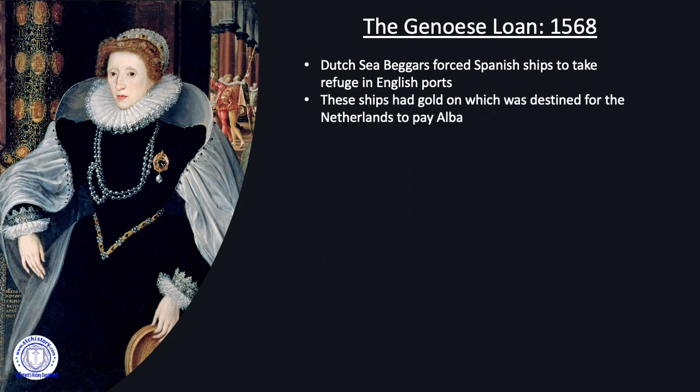The ships had the gold on, which was going to go and pay the Spanish army in the Netherlands. Elizabeth has taken that away. Possibly what she's thinking there is that if he can't pay the soldiers, they might get angry and have a mutiny of some sort. So indirectly, she has caused the Spanish army to not be as strong. But then that's the risk of this causing a direct consequence. There's always a consequence, isn't there?